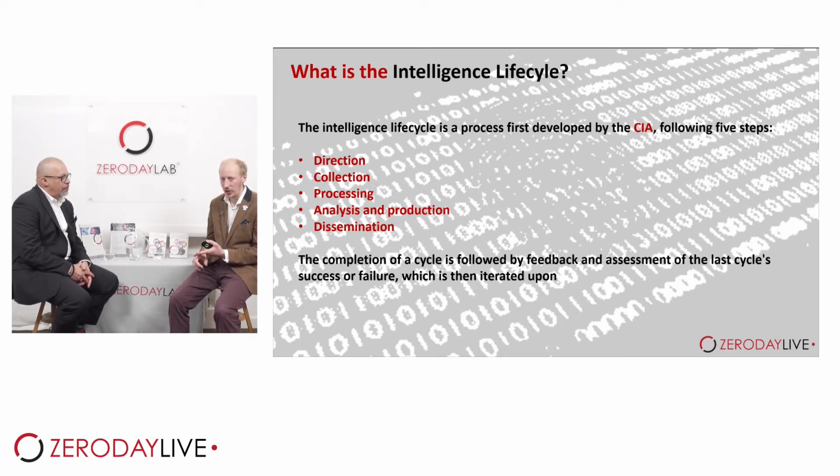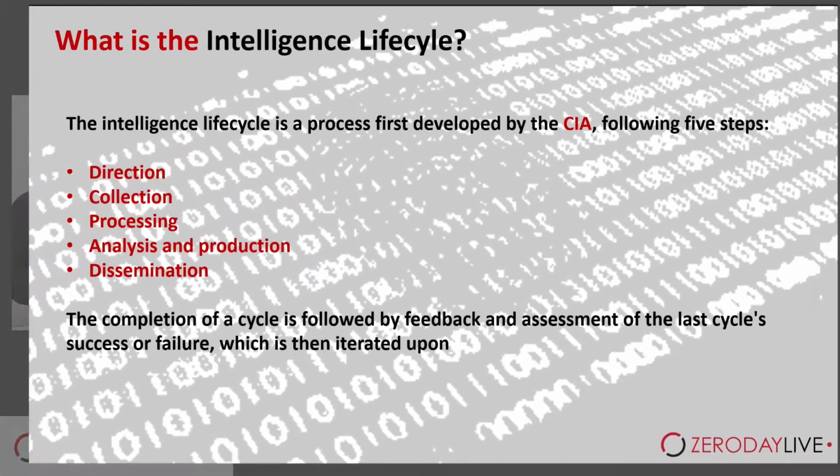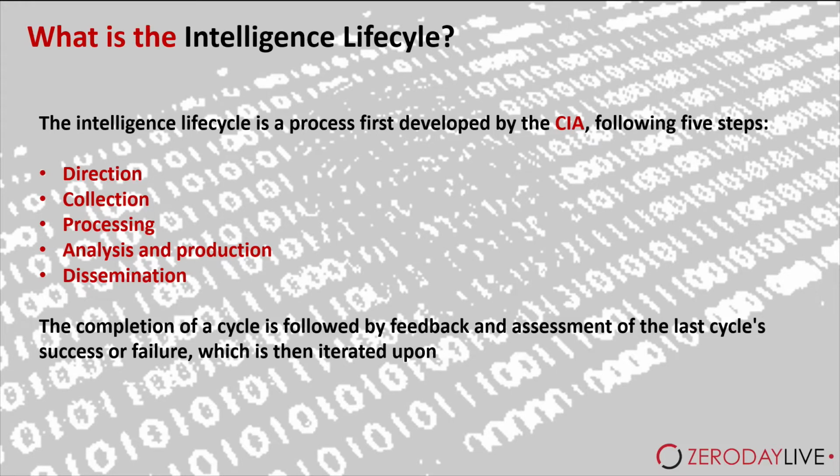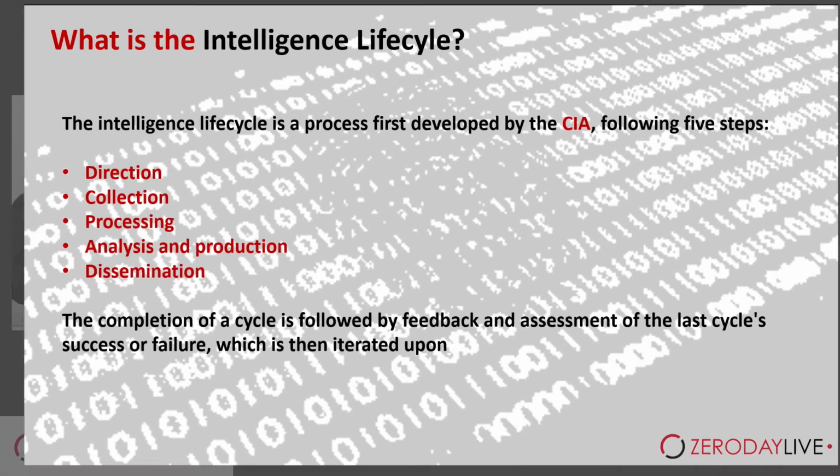Right, so direction is understanding what the objective is, what we are trying to gather intelligence on, what we are trying to validate, what we are trying to prove. Or what information we have been given already that we need to further validate to understand our exposure? And that's basically understanding what we're collecting, how we're collecting that information, what information we are collecting, what's useful.